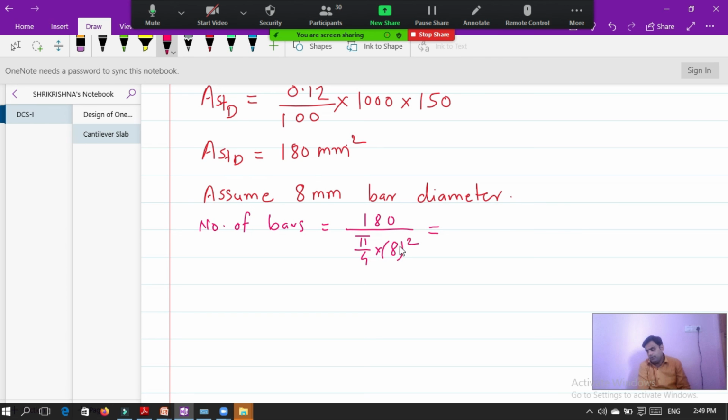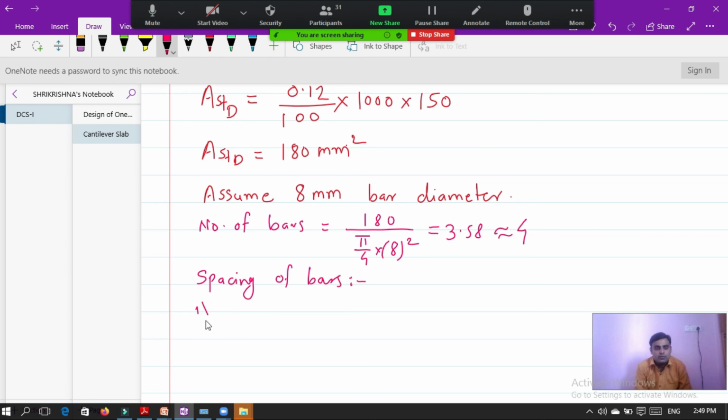So it works out to be 3.58, which is nearly equal to 4. Then calculate the spacing of bars.